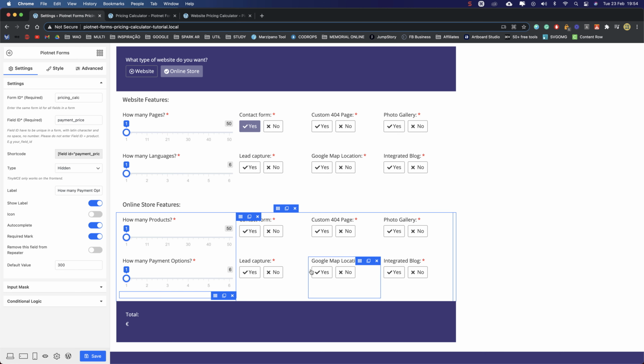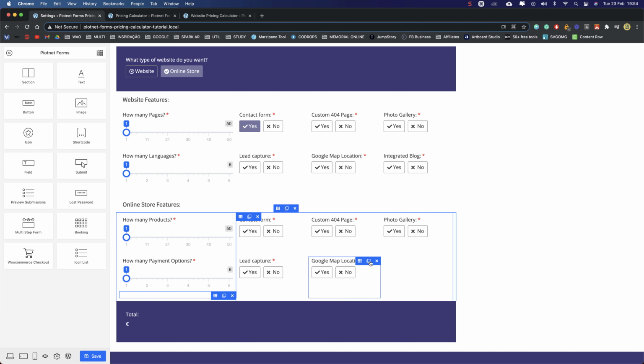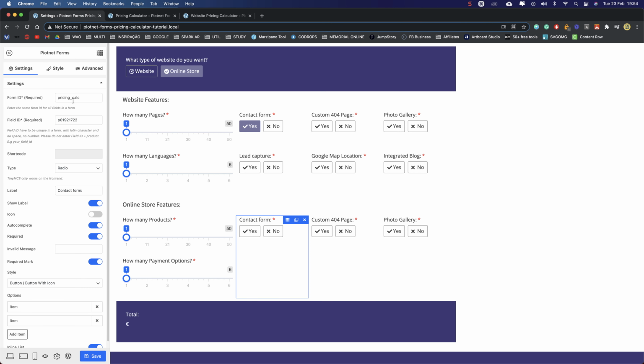Here we will not need as many, so let's start deleting some of this. Let's leave it just 3. You can keep it 6 if you have more options, but I'm just using 3 in this example. Now here let's add custom store design. Here we can put custom design.